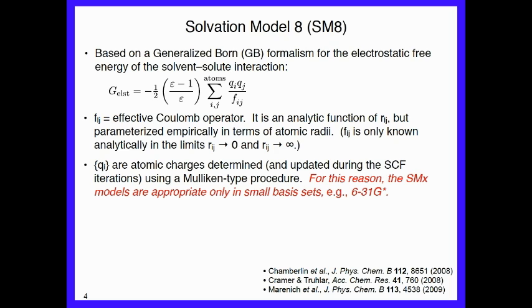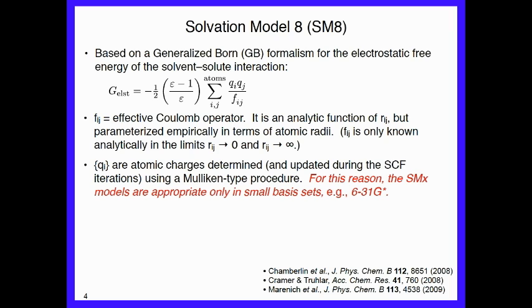Within SM8, those partial atomic charges are obtained by a Mulliken-type procedure. They're not exactly Mulliken charges. They're so-called CM4 charges, Cramer and Truhlar charge model 4, but it is a Mulliken-like procedure, and because of that, it's